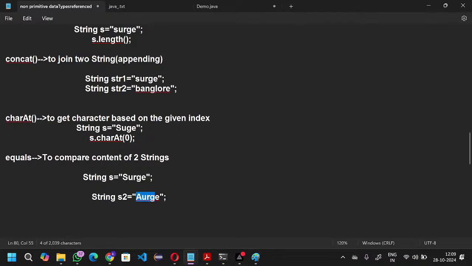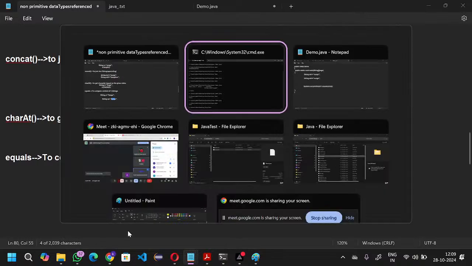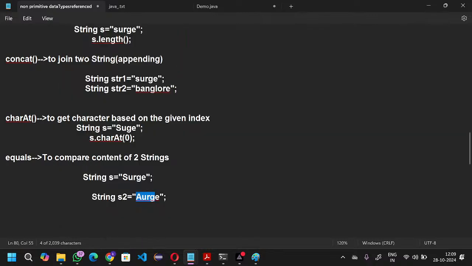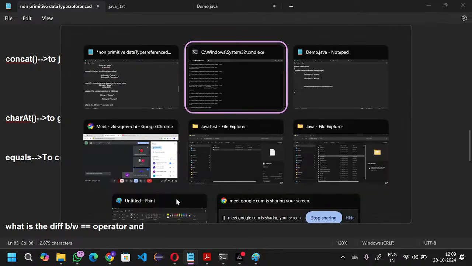So here is a very important question, and I would say from an interview perspective or anywhere you can go with. They will ask what is the difference between the equal operator, we have the equal operator, right, and the next one is,